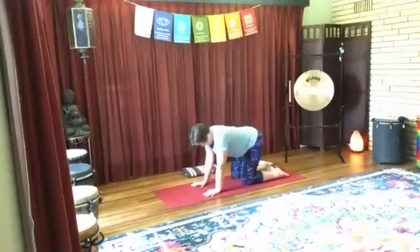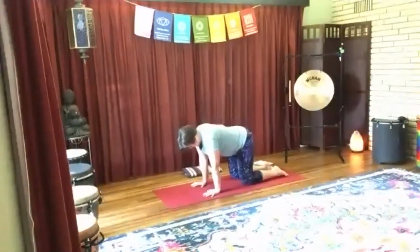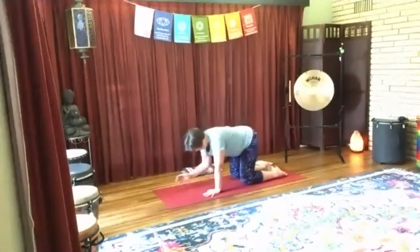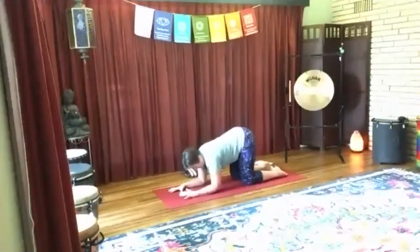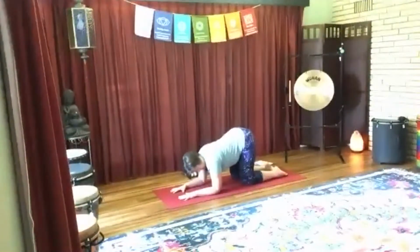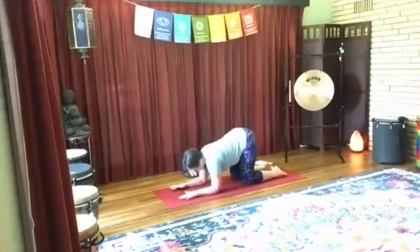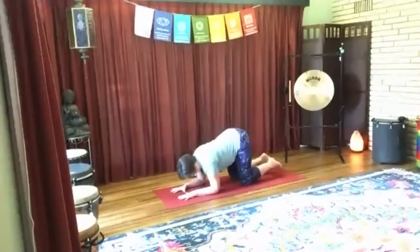On the next inhale, come right back into tabletop. Take note of where your palms are at and bring the elbows down right to where your palms were. And notice if the elbows land underneath your shoulders. And if they don't, adjust accordingly. Open your palms wide, lay them down on the floor, and curl your toes under, inhaling and lifting that tail